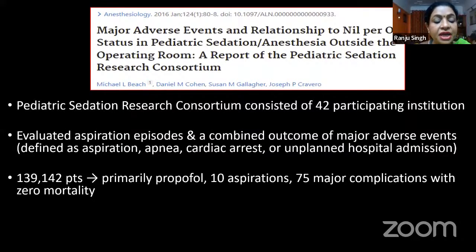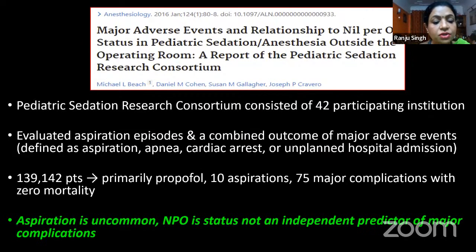More than 139,000 patients were studied. It was observed that propofol was the drug which was used for sedation in these children. And across so many patients, only 10 aspirations were reported. 75 major complications were reported with 0 mortality. So the authors concluded that aspiration is uncommon, and more importantly, the NPO status is not an independent predictor of